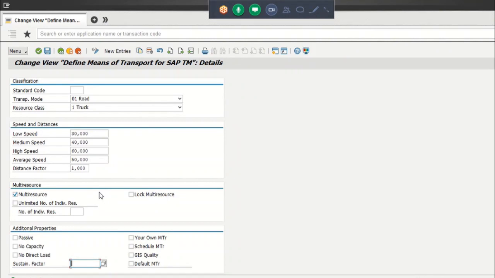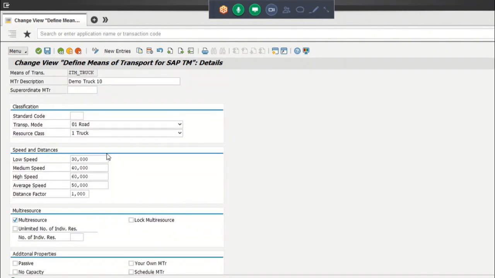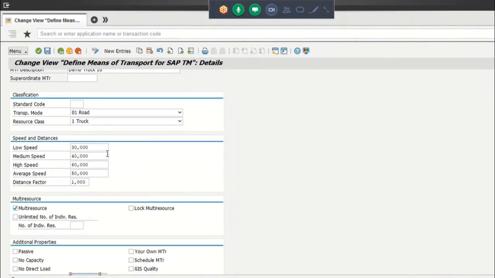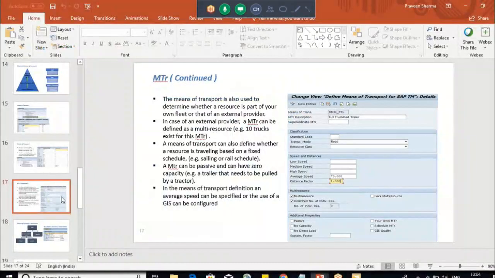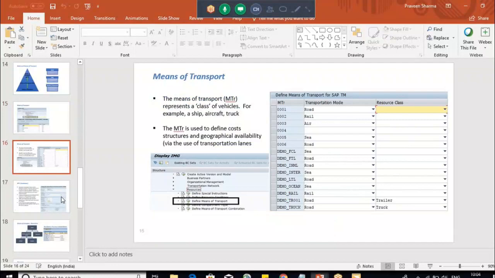Okay, so this is about means of transport. Any questions in this? I'll just cover whatever we have discussed in the slides. So this was mode of transport. Means of transport, we saw